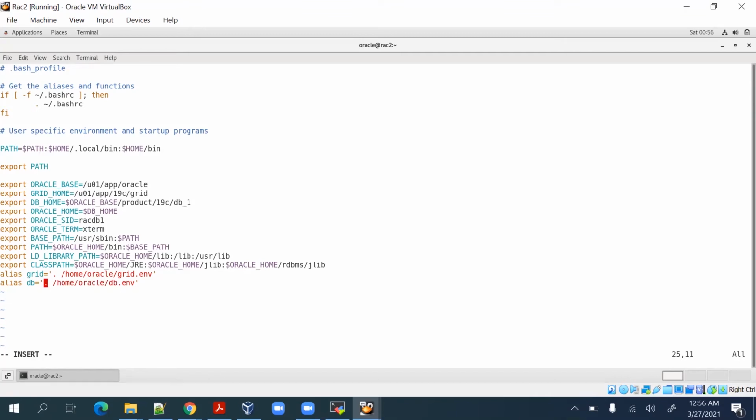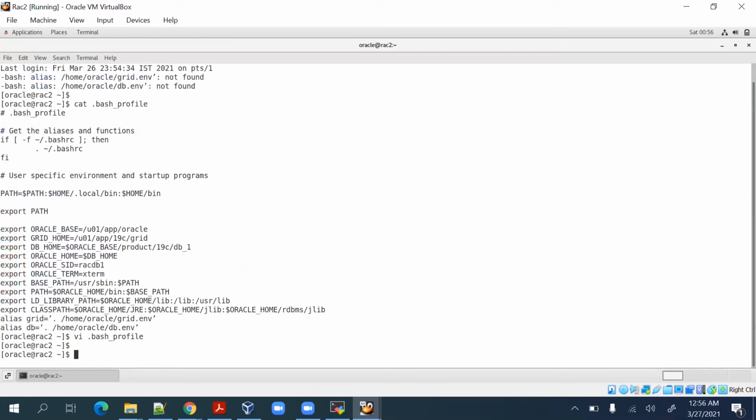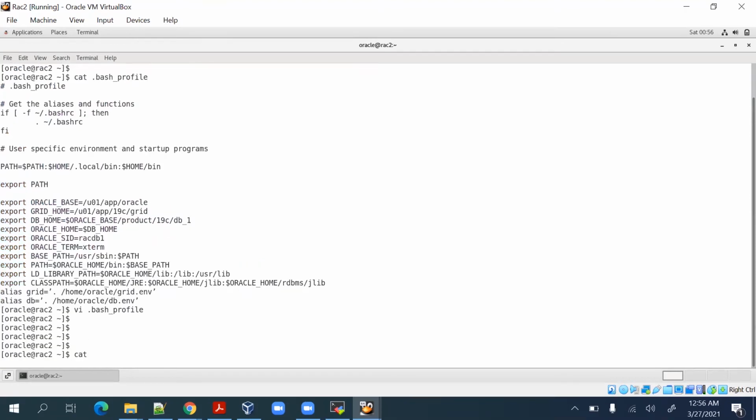So here you have to just change the Oracle SID to rac db2. Oh, sorry. This is one thing that we need to do. Now under the